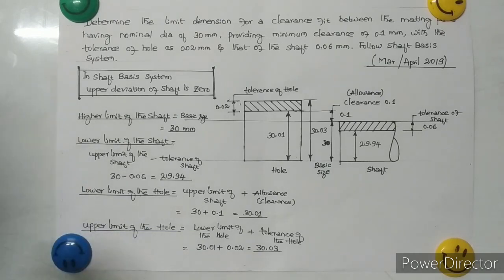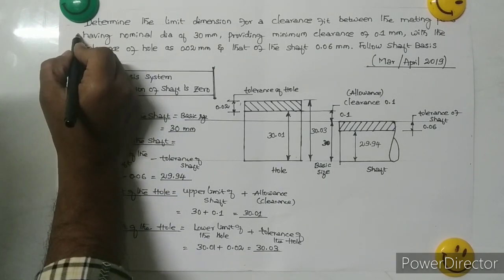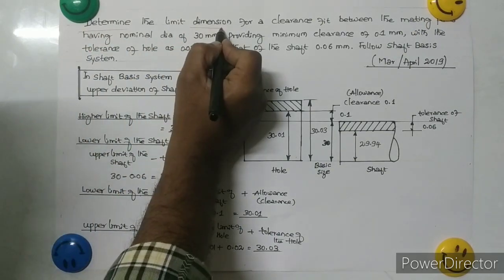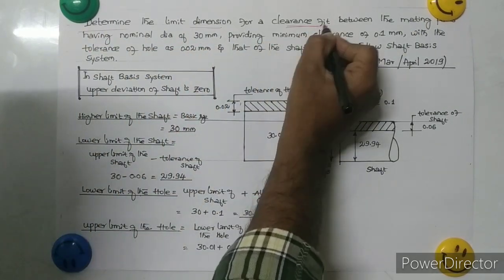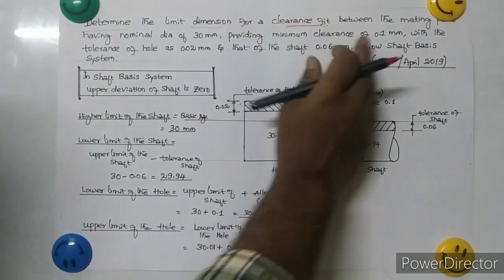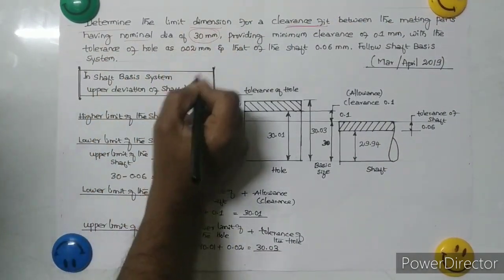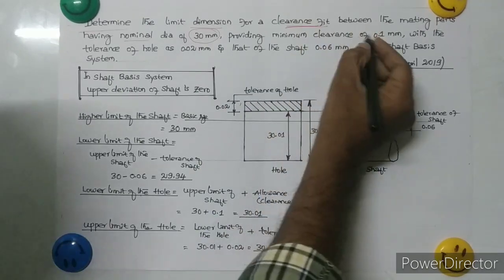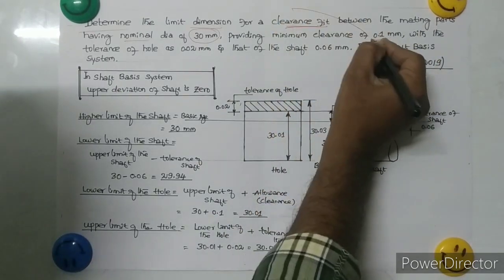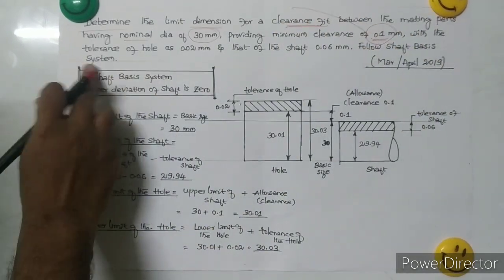This problem is quite different from the previous problem. You may get questions like this also. Determine the limit dimensions of a clearance fit. Here they have clearly given which type of fit it is: between the mating parts having the nominal diameter of 30, this is the basic size, providing the minimum clearance. Since it is a clearance fit, the minimum clearance is 0.1 mm with the tolerance of the shaft